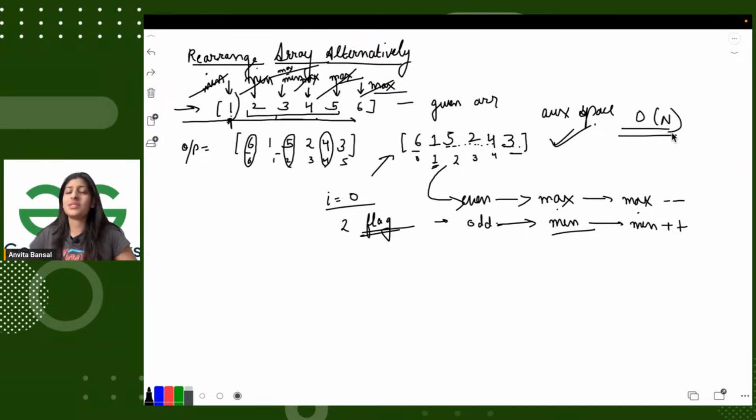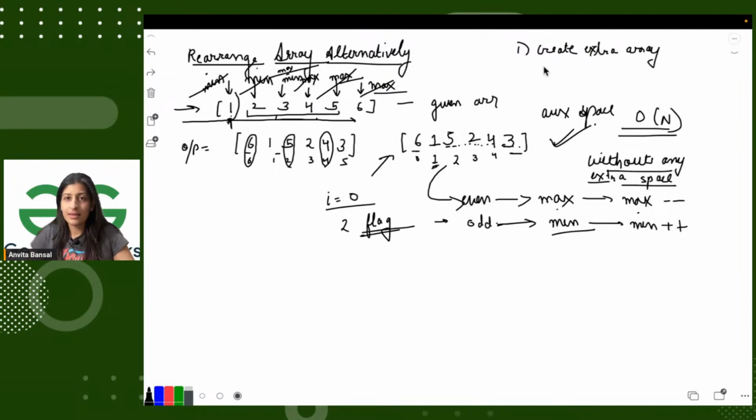Now the problem says that you need to solve this problem without any extra space. Without any extra space. This makes this problem a good problem actually. Using the space is nothing, and then you copy. Also, the last step would be copy. First step, you create the array. You create extra space, extra array, and then you